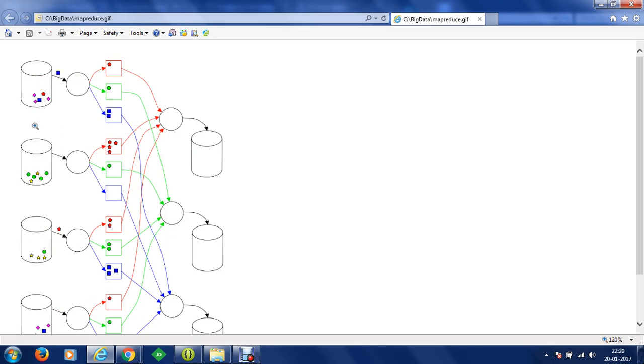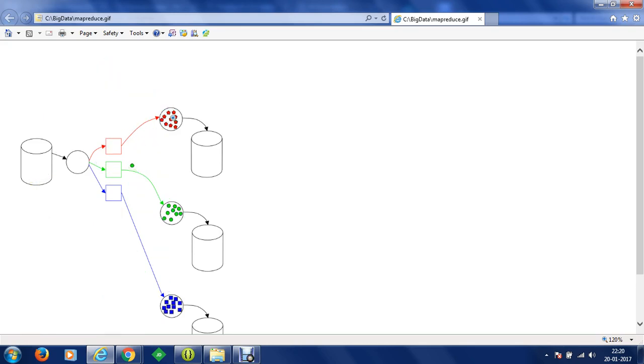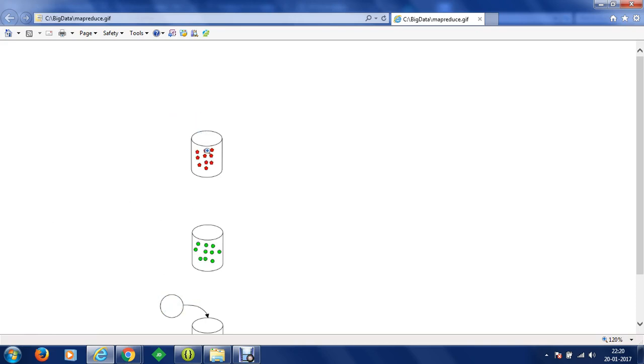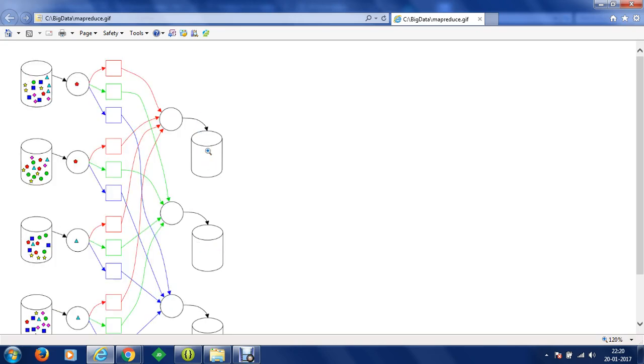Using Hadoop, we can take large data sets, we can map the data into data structures, then that structured data can be reduced, and that reduced data can be given as an output. So this is what we are going to practically perform using Hadoop and the MapReduce functionality provided by Hadoop.